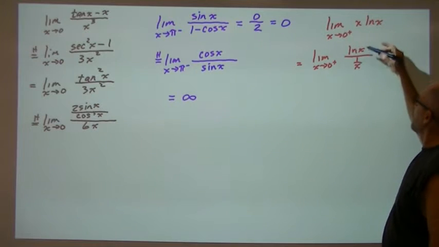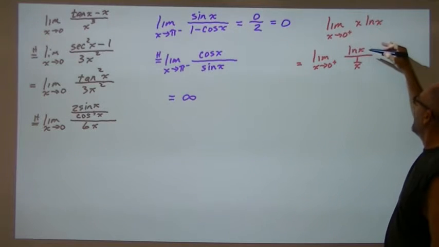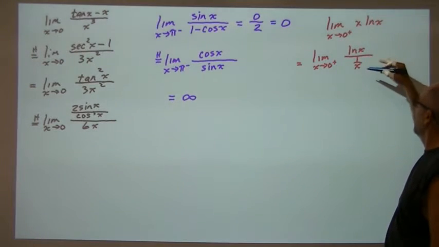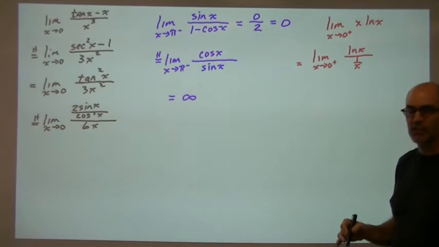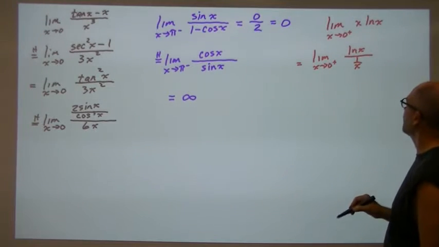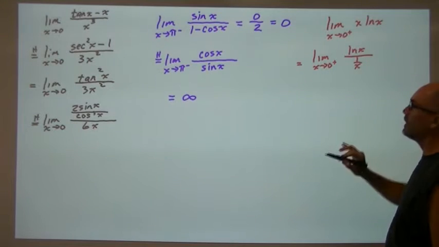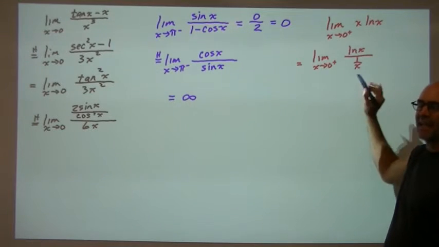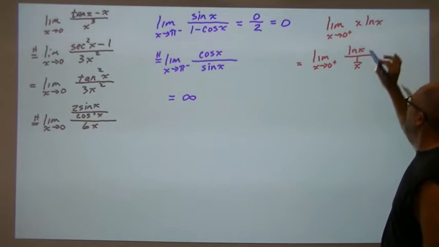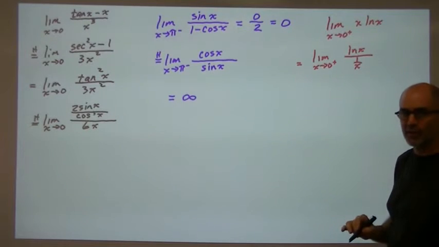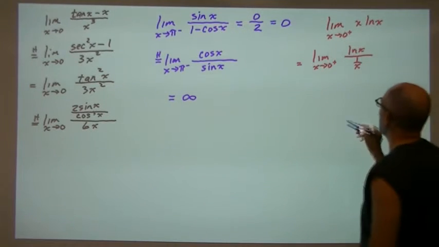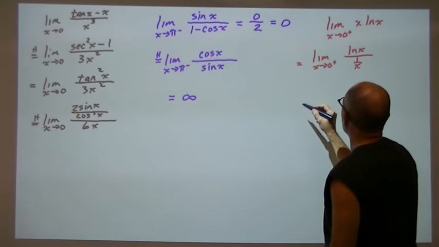Notice all I did was turn this into a fraction. Now I have negative infinity over infinity, and I do have an indeterminate form, so I can use L'Hopital. But this first step was not using L'Hopital. It was just getting the expression into a fraction so I could use L'Hopital. So now when I apply L'Hopital's rule,